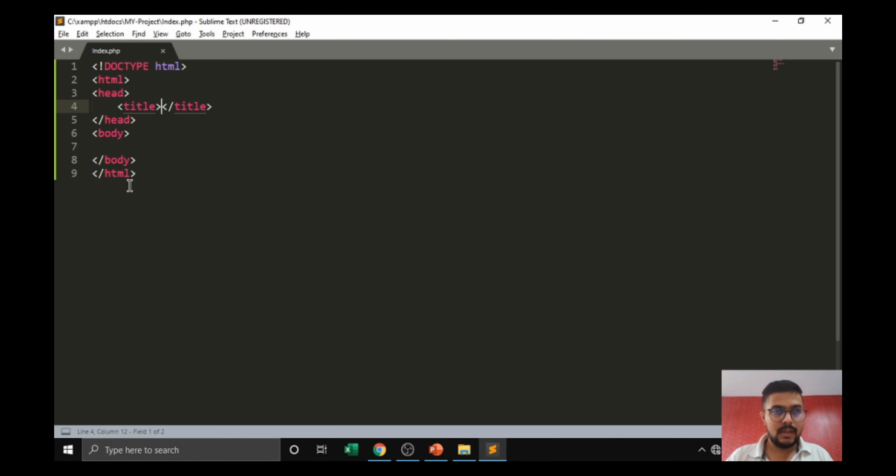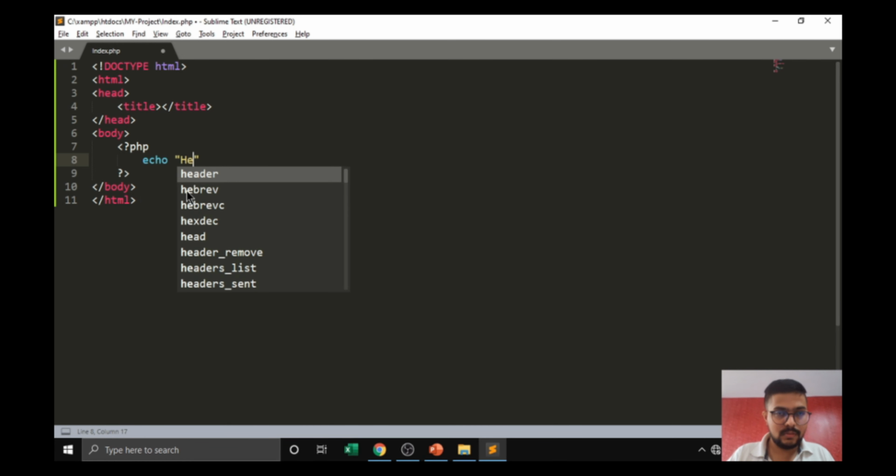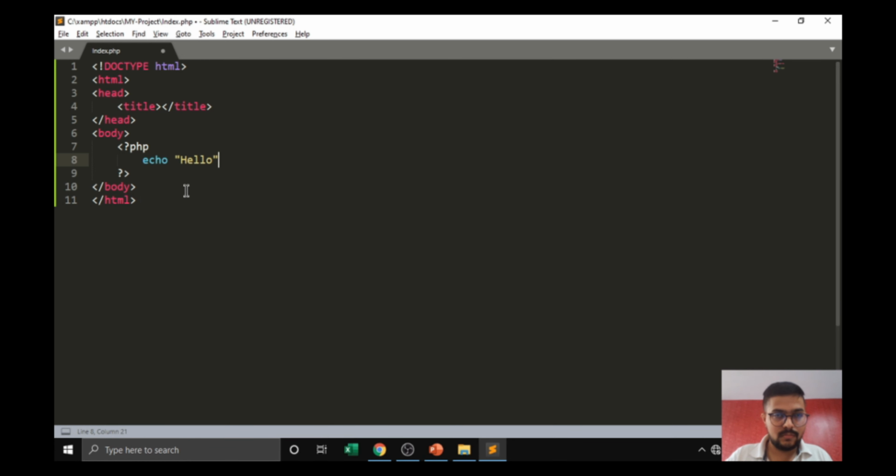Then it will go to that particular folder and run this page. If you want to add PHP code, add the PHP tag, and in that you can just echo hello. The output will appear.